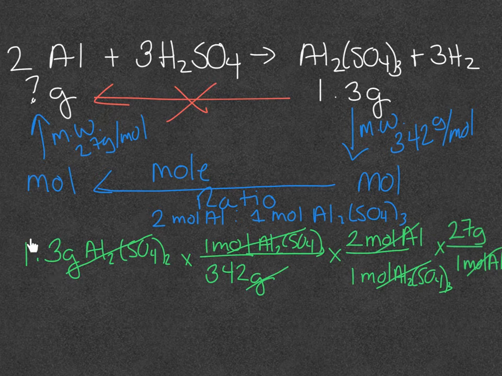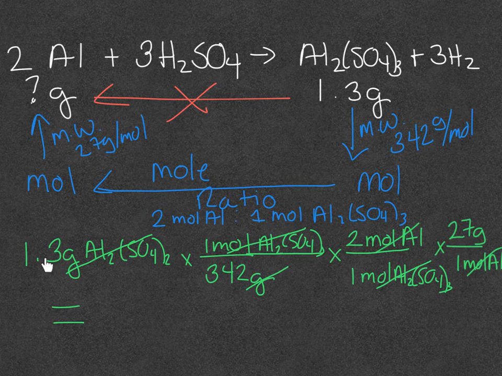Remember, if it's on top, we are multiplying, right? So the 1.3, 1, 2, and 27, remember all of those are going to be multiplied together. And remember at the bottom, you multiply everything on the bottom, and then you divide the top by the bottom, okay? So when you go and you put that into your calculator, which the way I do it, guys, because